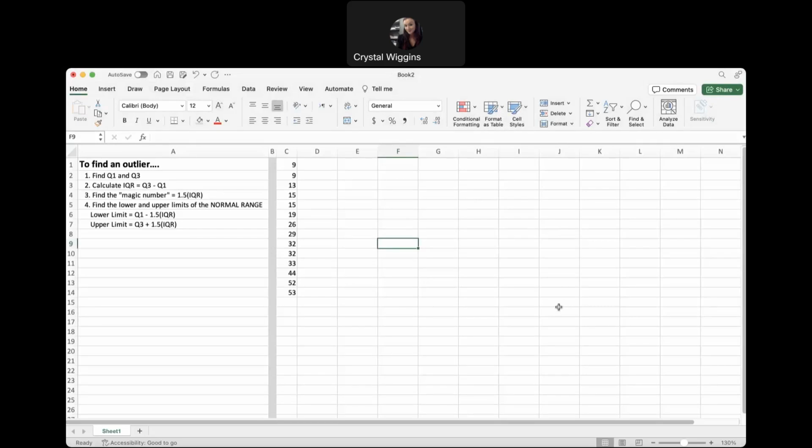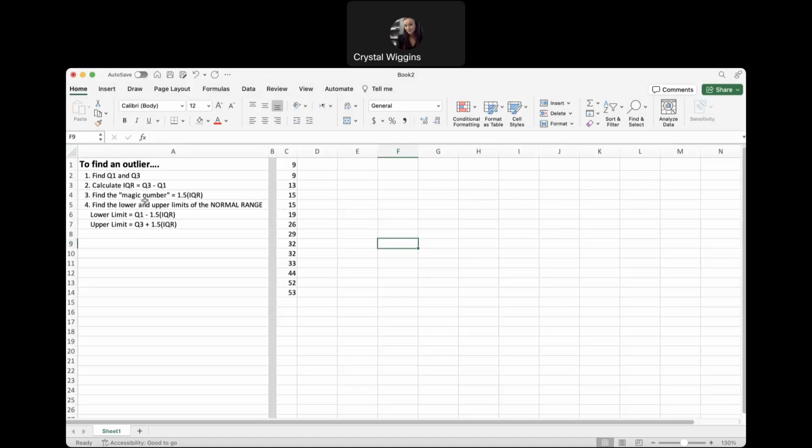So they're either really small numbers on the left side of the number line that are far removed from the rest of the data set, or they're very large numbers on the right side of the number line that are very far removed from the data set. So I've written out some steps here to help guide us into the process of finding if there are outliers